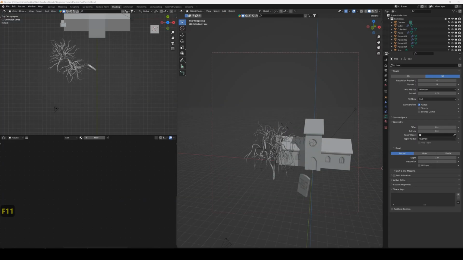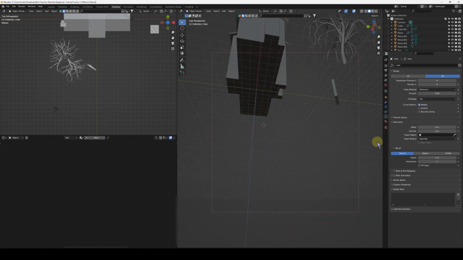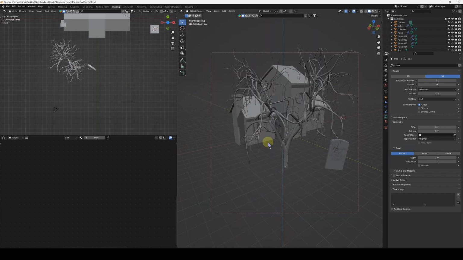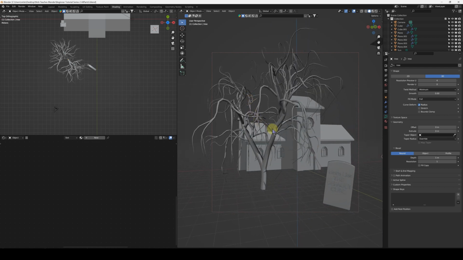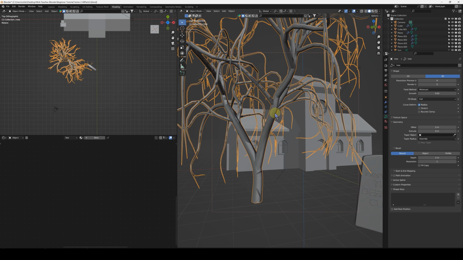Hello friends, once more. We're getting close to the end now. We haven't got that much to do. We're just editing this tree and then we're going to put some fog in, maybe a HDRI, and then we'll see what happens. Alright. So what we want is to add something to this, but if you click the tree